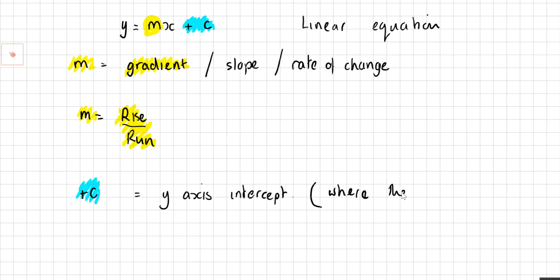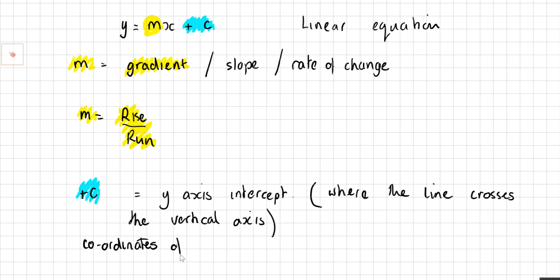Where the line, good, where the line crosses the y-axis. Should we call it the vertical axis? Yeah? Where the line crosses the vertical axis. Okay. So the coordinates of that, so I can say the coordinates of the y-axis intercept